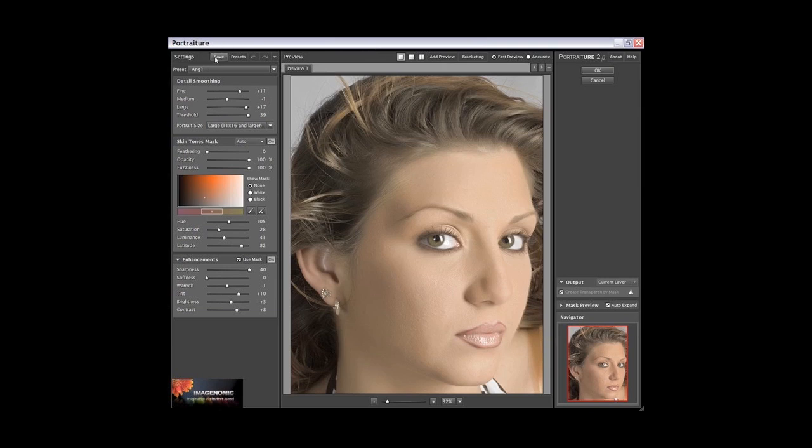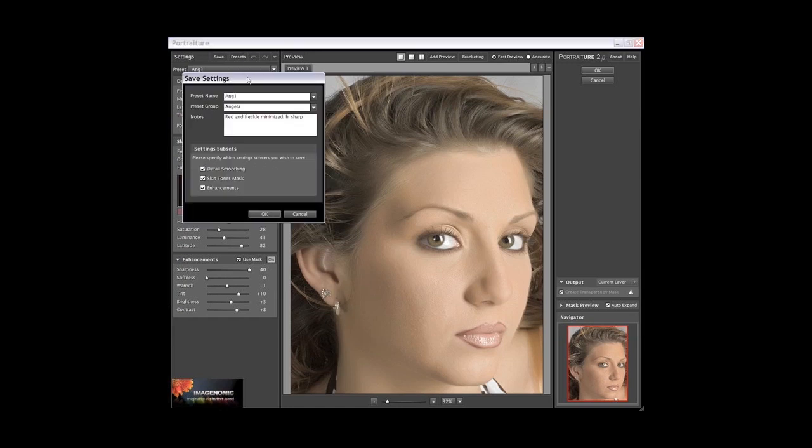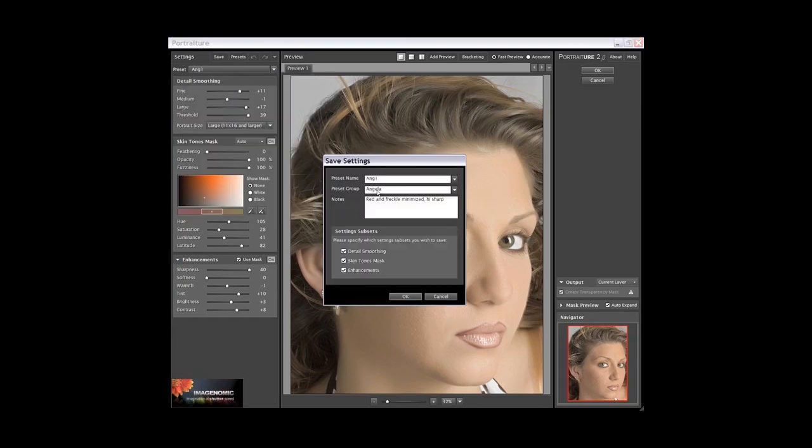To start with, we have a new settings paradigm here. When you save settings now in version 2, we've got a preset name, preset group, and note. The preset name will be actually the preset name like you're used to in Portraiture version 1, but we now have the choice of making a separate group. That way you could have a group of presets that you want to all match up together for, like, say, a certain Caucasian, black skin tones, a specific wedding style or whatever, and then you can give notes to each